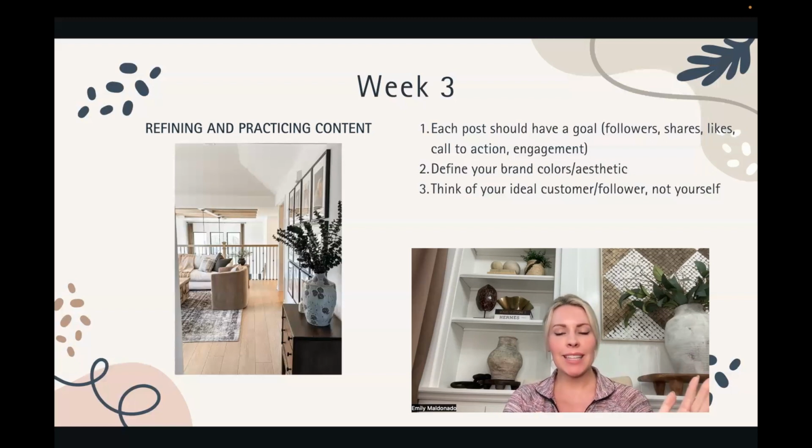Earlier, we talked about the brands and the colors. Now, if you haven't done this yet and you're into week 3, I want you to think a little bit more about this. After you have some posts under your belt and you've had a chance to kind of understand what it is you're going to be posting about, you may now get a sense for what kind of colors you're gravitating towards or what your branding is going to be. This can be a lot easier for businesses who probably already have a color scheme and a logo and a brand, but this can be hard for content creators when they're first starting out.